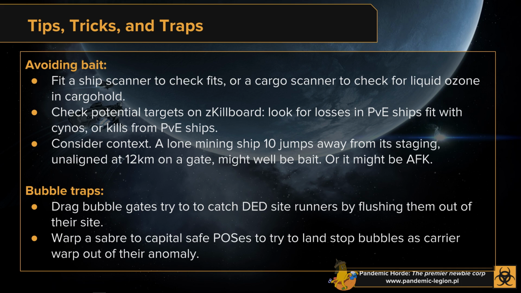And the last thing that I'll cover is thinking about some creative ways to use bubbles. So bubbles are super powerful to catch bigger targets, but also DED runners. You can't light Cynos in DED sites or any sites that have a gate in them, any dead space sites. And so you essentially have to flush them out of their site and catch them somewhere else in the system. And a useful way to do that is to try to